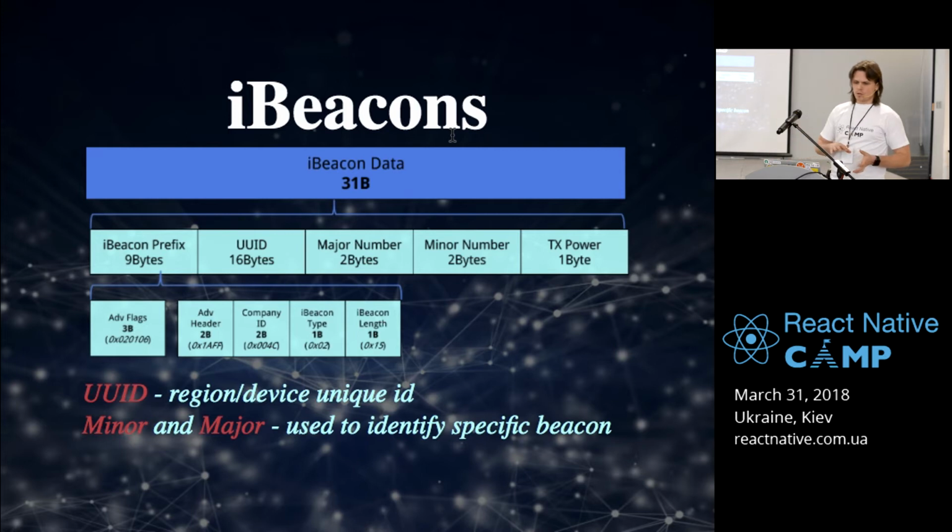For iBeacons, the case is a little bit different. iBeacon data is divided by using an iBeacon prefix, a unique identifier, major and minor, which are small numbers. They are also used as identifiers, plus a power of 1 byte, and various flags. So in general, you use the combination of UID, minor and major to connect it to the cloud, more manually though. But you can define that this specific beacon will have this data. We will see in a bit an example of how we use it.